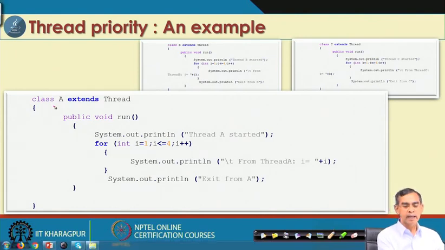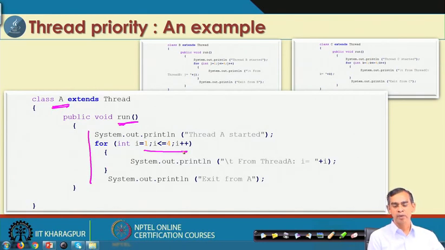Here in class A we create a thread, and the run method is defined here. The run method has a loop, with loop control variable i equals 1 to 4. So the loop will roll for 4 times, and each time it will print the value of i, that means the loop variable.